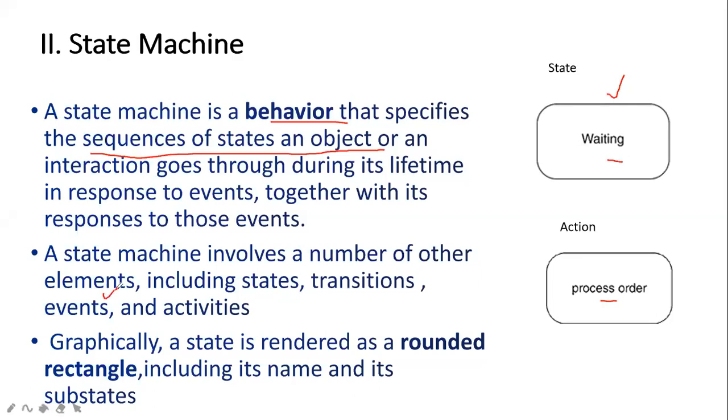Let's say I placed an order. Placing an order is an action and this triggered a state change, that is the waiting state. Now this waiting state is there. The next action will be done, that is the order will be processed, and further the complete action will be taken on in the process. So this is called the state machine.